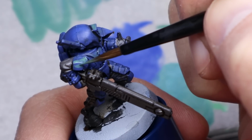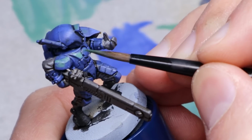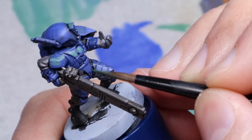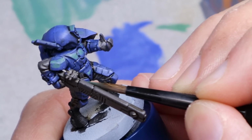I don't feel like I'm fighting the paint at all, which makes them so freeing to work with. And it's such a night and day difference between the old Army Painter paints. Now, the real highlight of this challenge for me, no pun intended, was glazing in the highlights on this armor. Not only was it gratifying to be able to mix up a really cool turquoise highlight with these limited colors